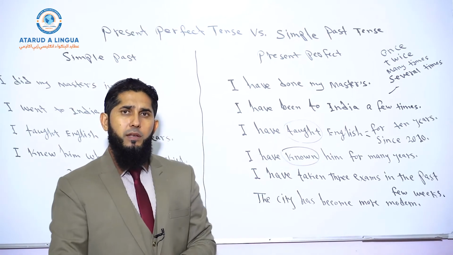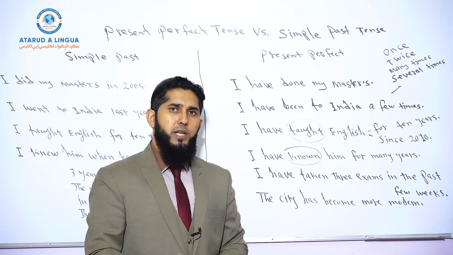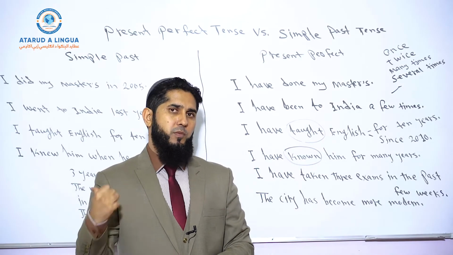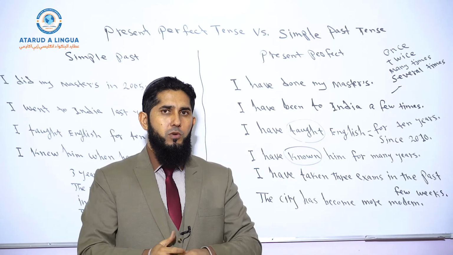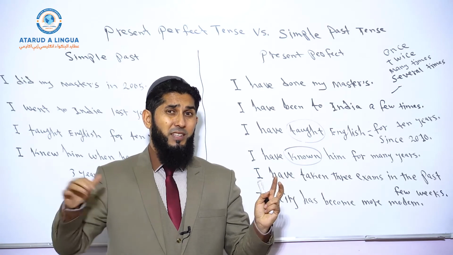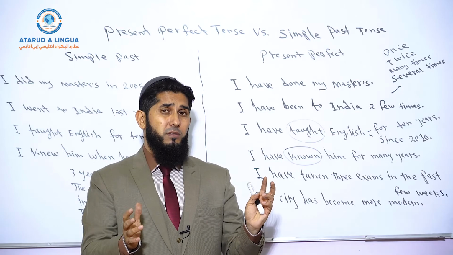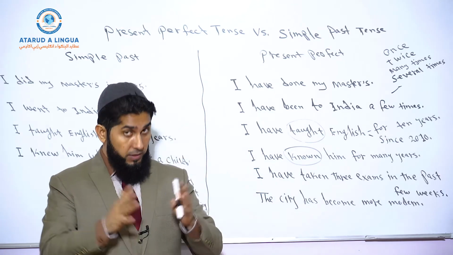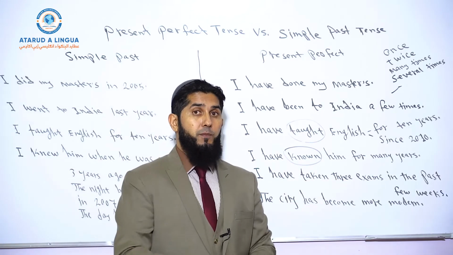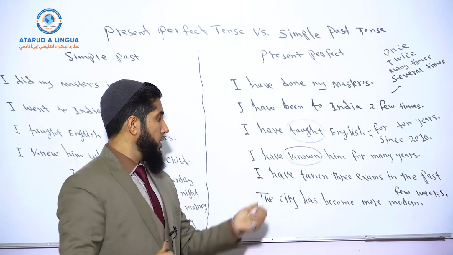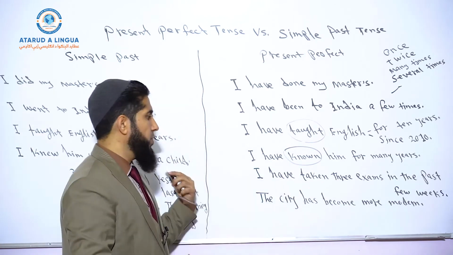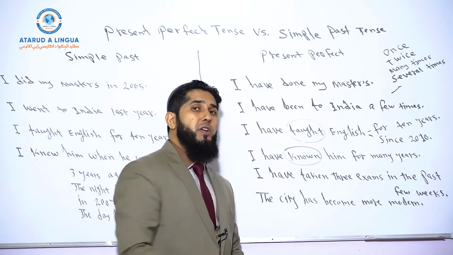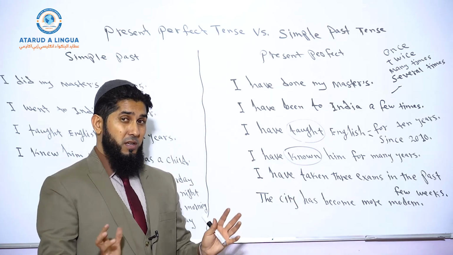been to Pakistan several times, 3 times, twice, once, many times in the past 2 years, in the past 3 years. So you can mention that kind of duration of time. Inside the duration of time, an action has happened repeatedly several times at unspecific times, but you can mention the past time duration using present perfect tense. That's possible. But we cannot use simple past tense to talk about these kind of repeated actions and mention a period of time.